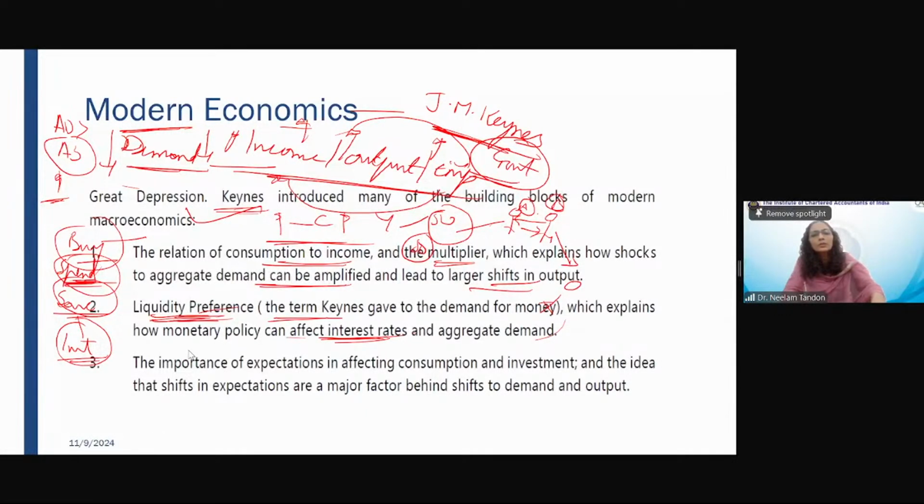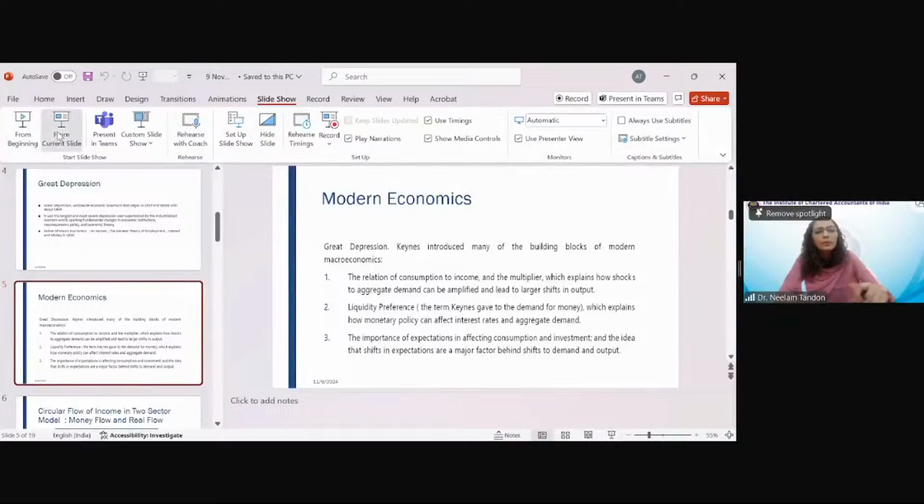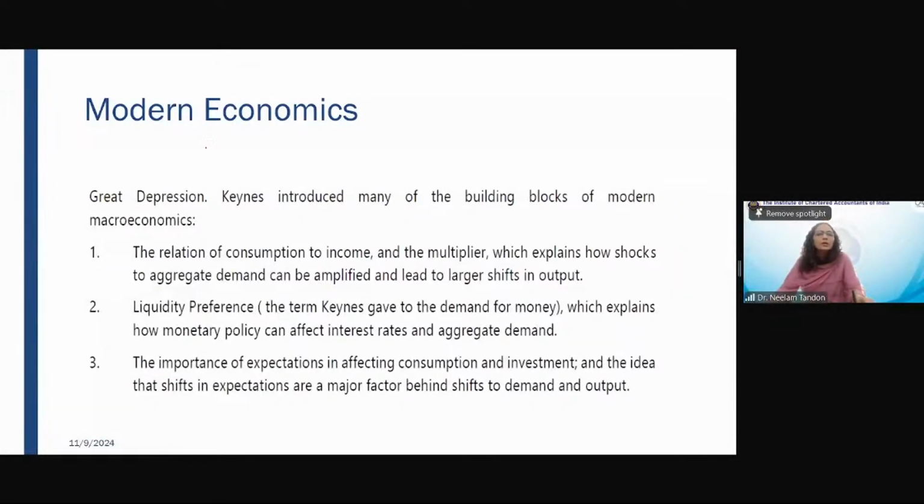Precautionary, yes, Vedant. Precautionary motive and speculative motive. Then the importance of expectations. Expectations have a very important role. See, corporates produce based on whether consumers will buy. So they anticipate that the consumers are going to buy, and that is why they go for investments to produce more. Now, if corporates anticipate that demand will increase,